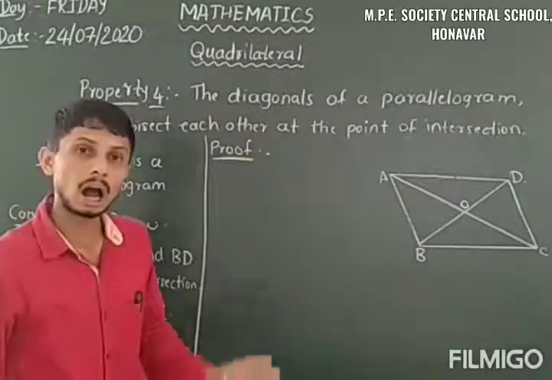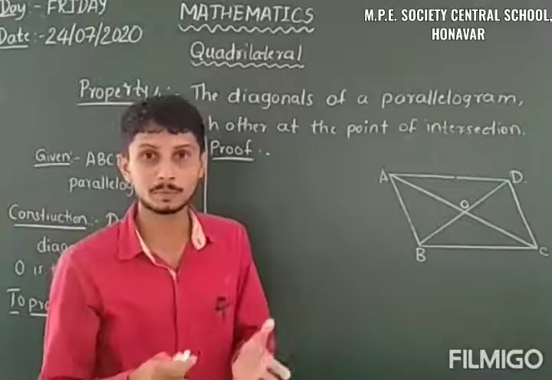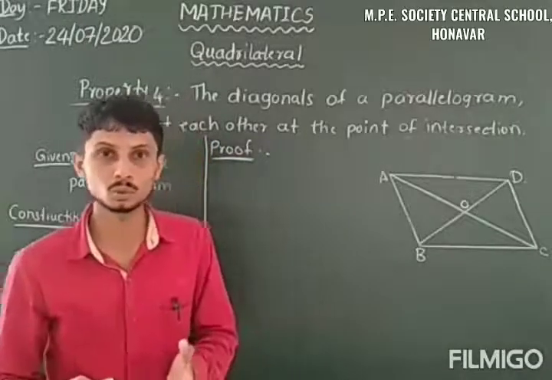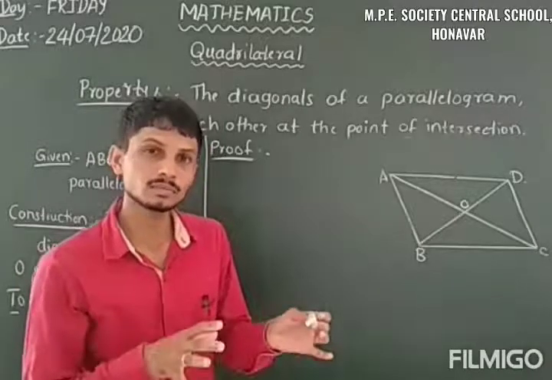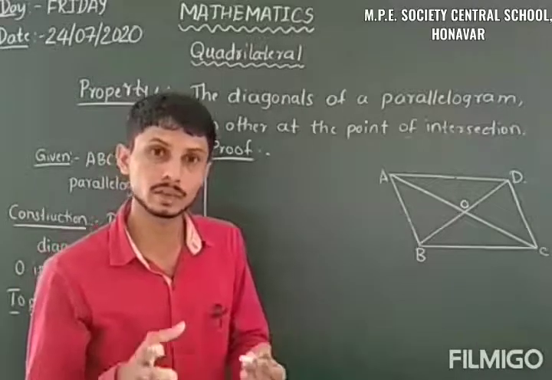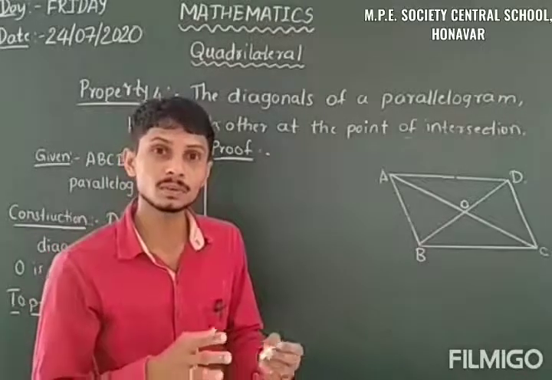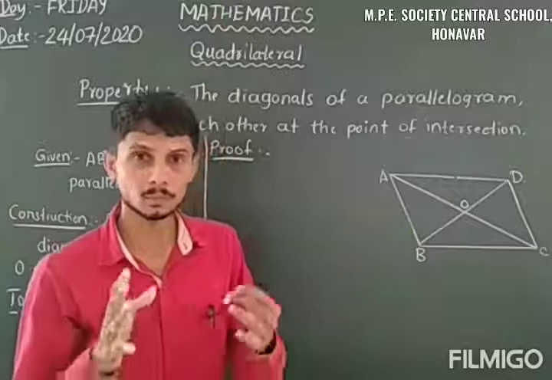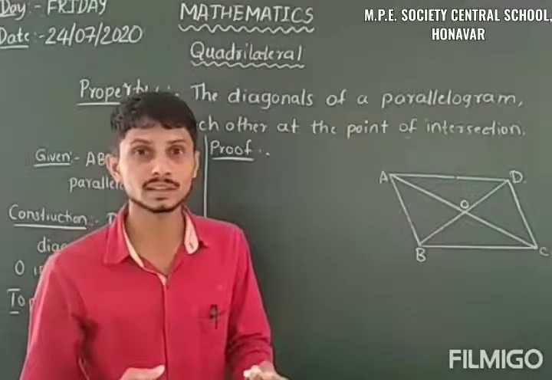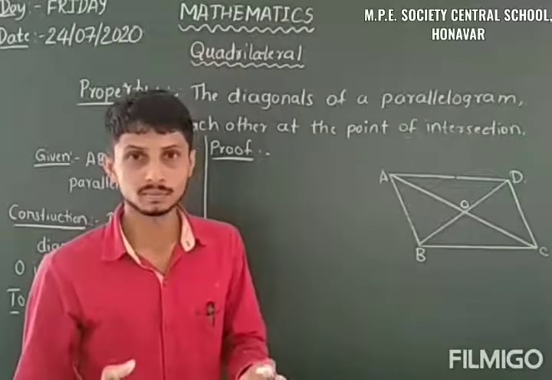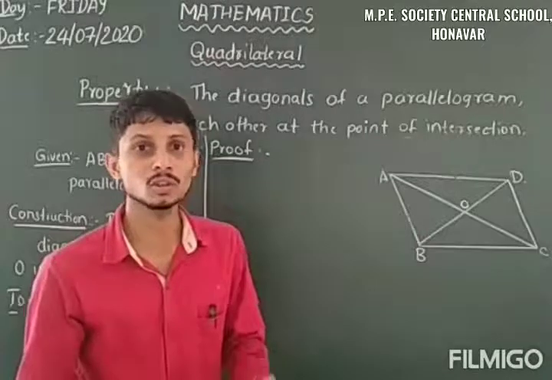So I have already taken some of the proof of property number 1 and property number 2. In that we are taking some criteria: when some of the corresponding elements of both the triangles are equal, that means those two triangles are one and the same. Then we have to take the other quantities also equal.